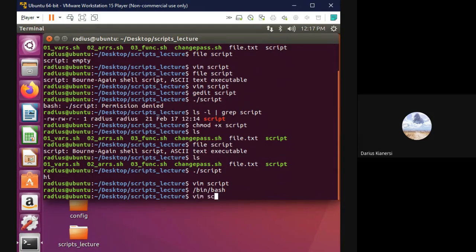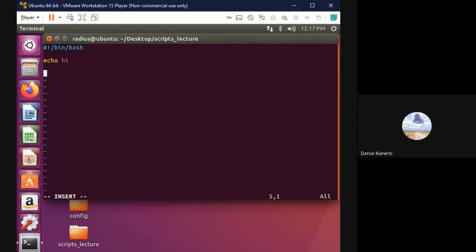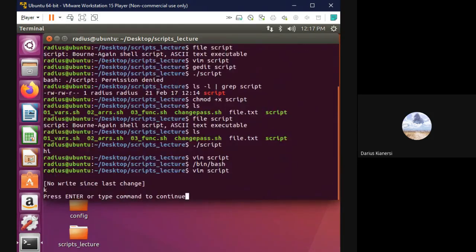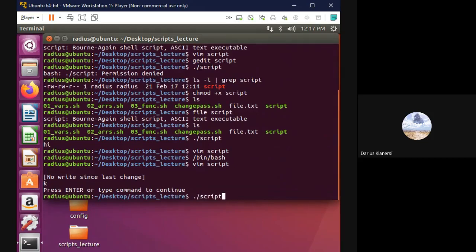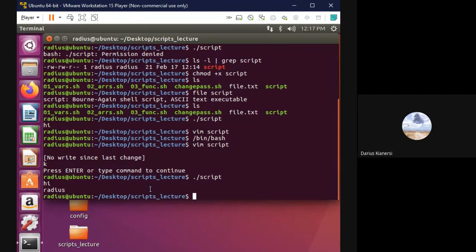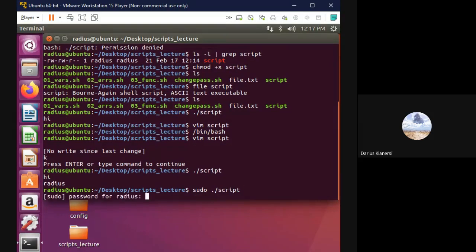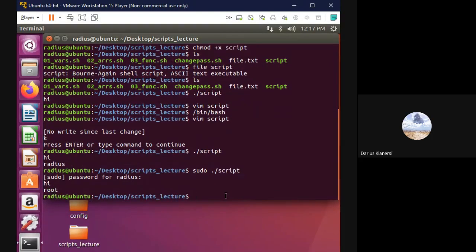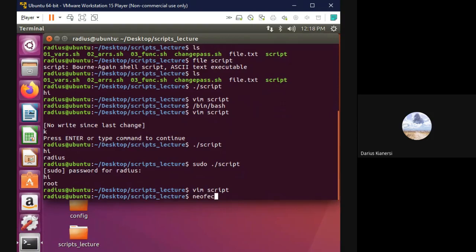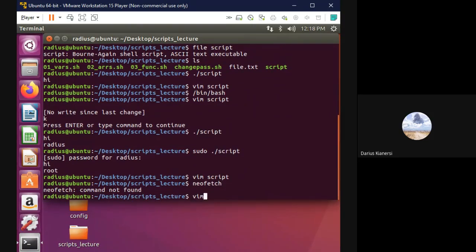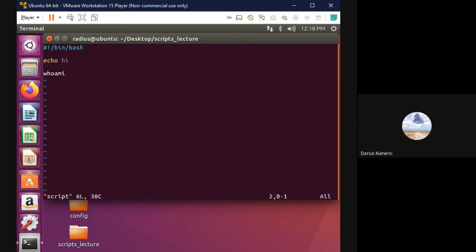So what that means is you can run essentially any command that you want inside the script. You can run the whoami command. Okay, hold on. So now it says hi, and then the name of the user that executed it. Like I can run it as root, and it'll say hi root now. So you can run any kind of command you want. I don't think I actually have NuFetch installed. Okay, never mind. But you can run any command that you want inside the script,